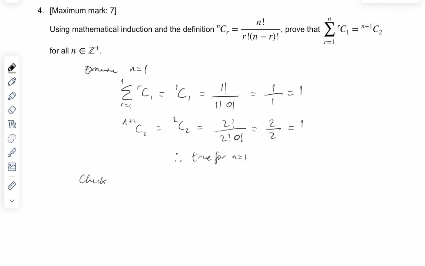Now let's check or examine. Oh no, first of all, let's assume it's true. Let's define it first, because we might define this P of n equals the sum from r equals 1 to n of rC1. Assume P of n is true for n equals k, and then examine